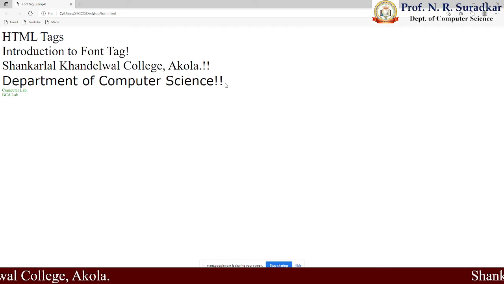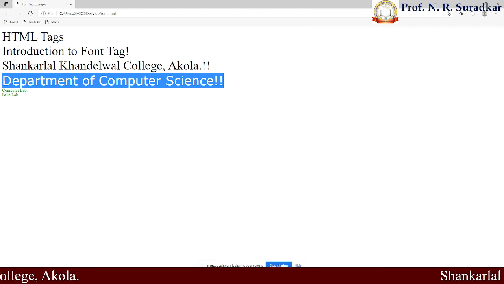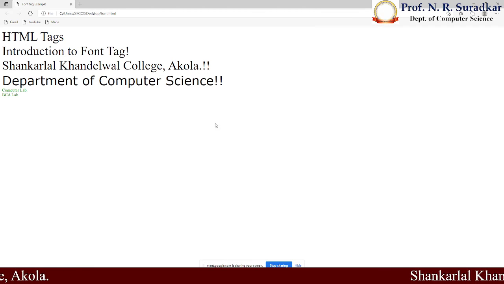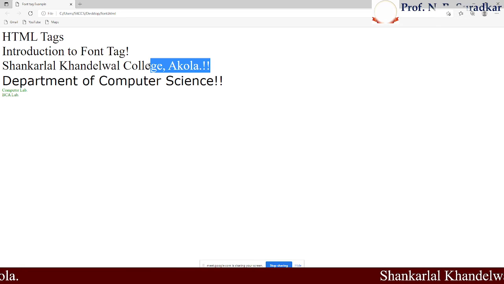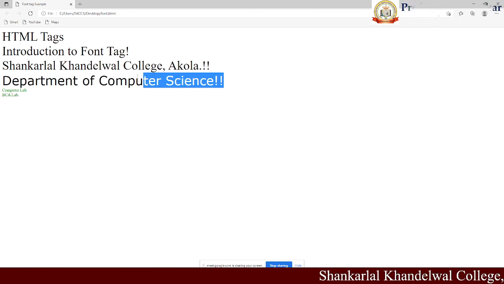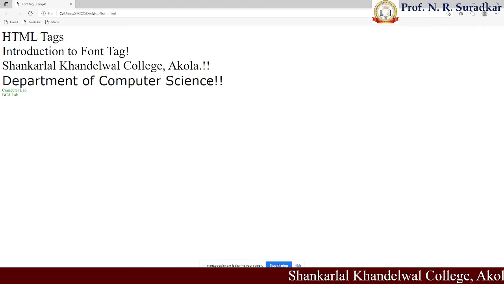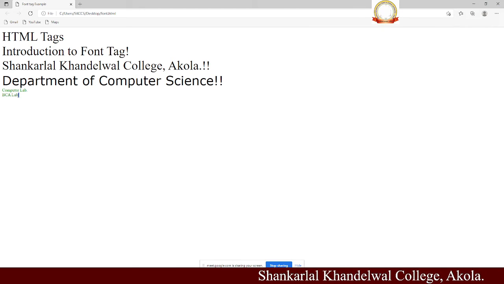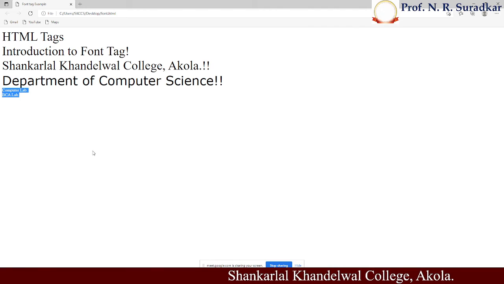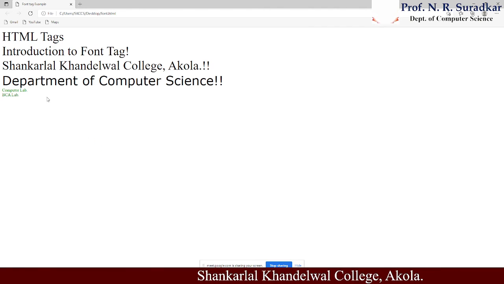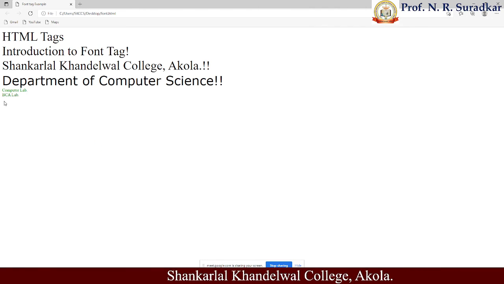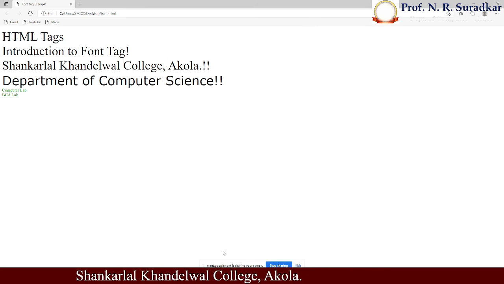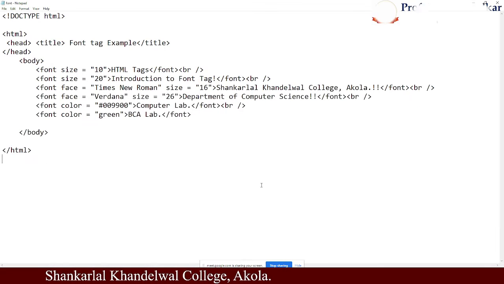Then again we convert the text to the Verdana type, and the size of this text is 16, and size of this text is 26. The next thing we did was to change the color of the given text, which is converted to green color as I applied in our program.